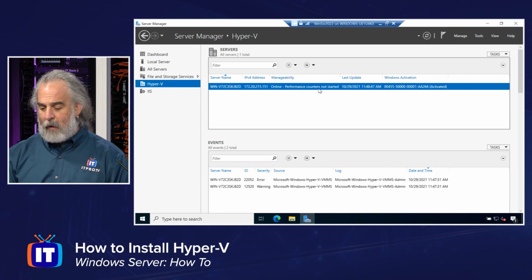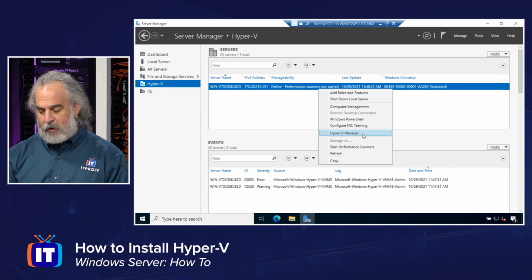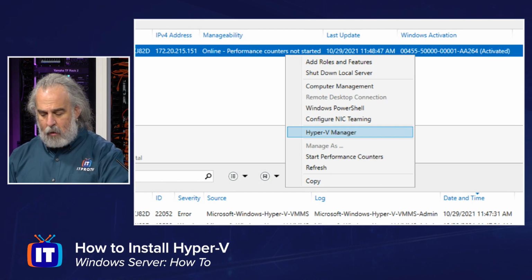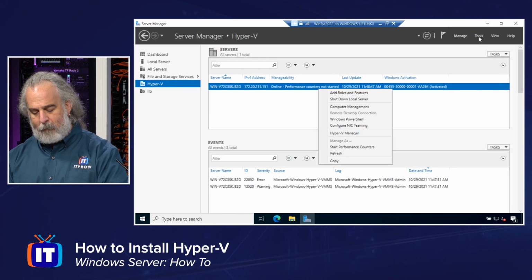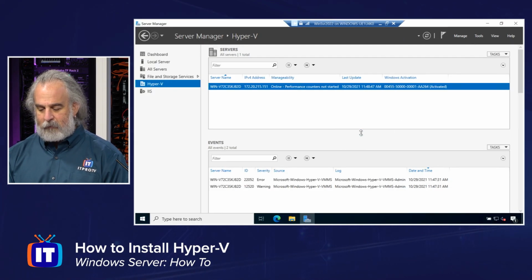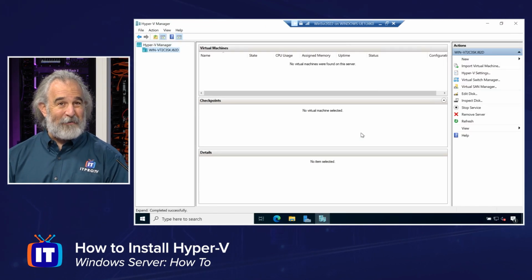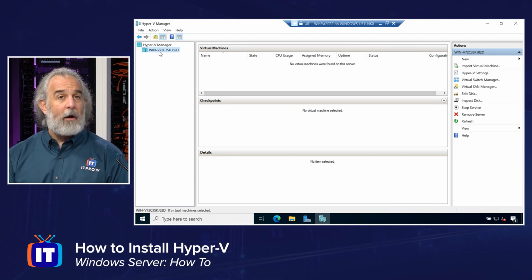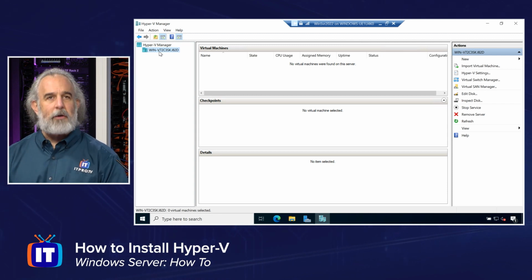We can right-click right here, and we can actually choose to load the Hyper-V Manager right from here, or we can go up to the Tools menu, the upper right-hand corner, and do the same thing. Let's just open that up just so you can see that indeed we did really install Hyper-V. And sure enough, we have our Hyper-V Manager running on our server as a virtual machine using nested virtualization.